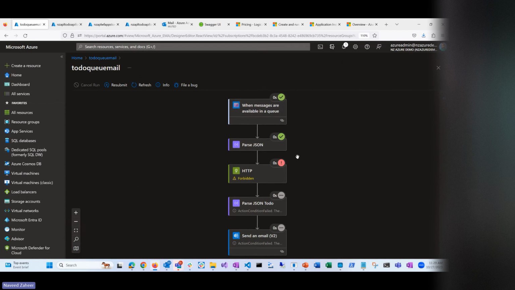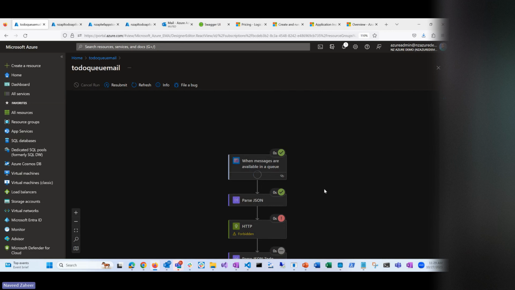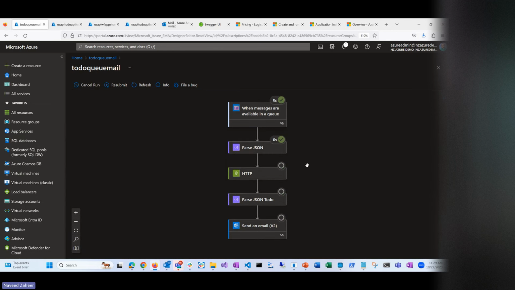As you can see here, the message arrived, it parsed the JSON, and then it failed here. Just keep in mind, it has to be a stateful workflow. It has to be a standard workflow. It has to be in a failed state before you can start it. So let's now go in here, right click, submit from action. Now it's going to rerun this workflow, and hopefully, if the app service API